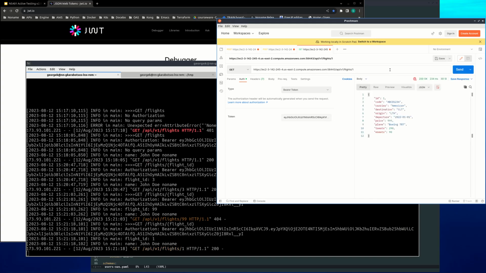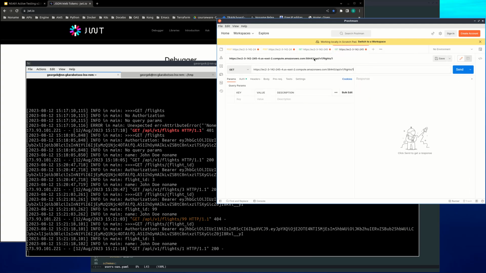Let's put 1. Let's get the first one this time. And what I want to do is I would like to duplicate now this tab. We can go and say, right-click the tab, duplicate tab, and this time I'm going to do a POST. And I'm going to remove that /1. Because there is another operation that creates flights. And of course, I have the same authentication like before. So the only thing I need to do is provide a request body. So I'm going to go to the body,